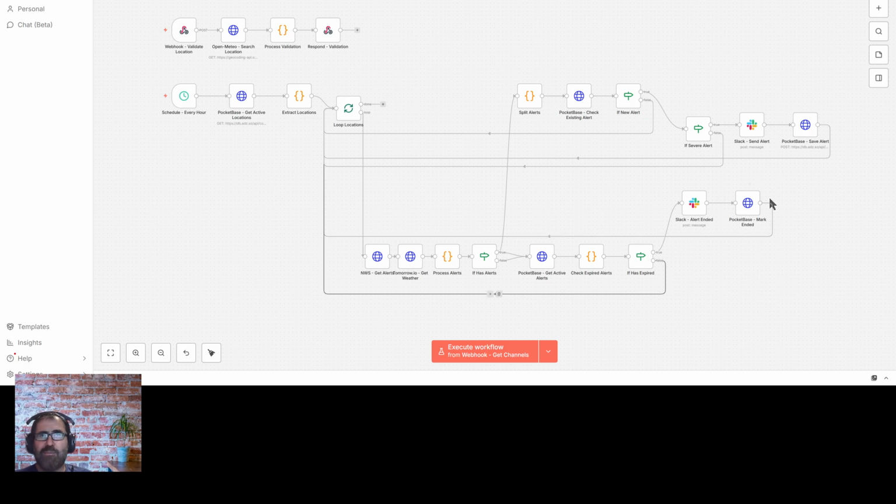You'll also see this branch here. This is "alert ended". So basically what this logic does is it checks if the alert is still active. If it's not, it sends a notification: okay, the alert is not active anymore, so you can reduce the budget or pause the campaign, and so on. Because the workflow is scheduled hourly, there's also logic for not sending a message each hour, because it would flood the Slack channel with useless messages. It sends the message when the alert is first found,